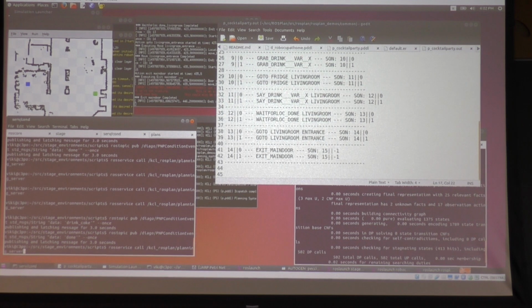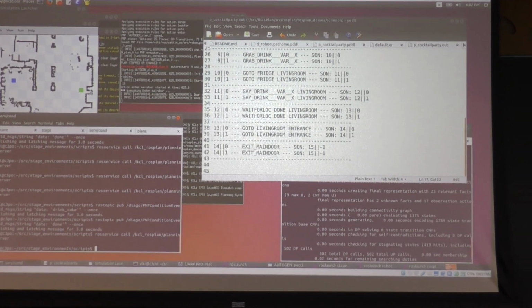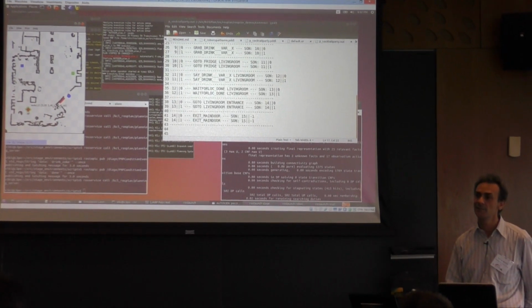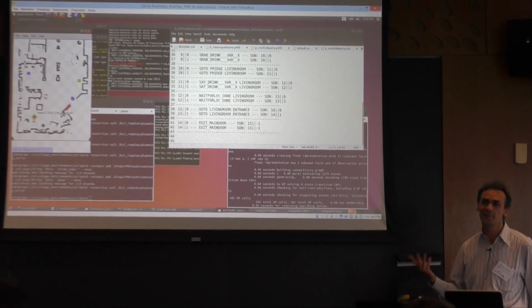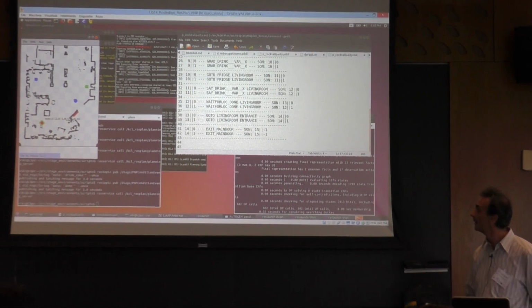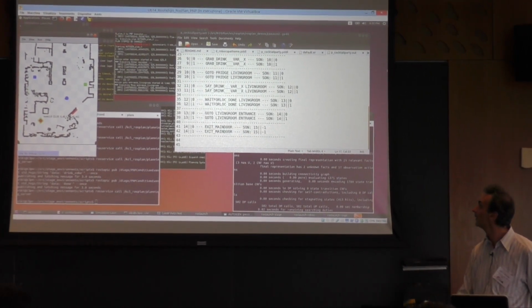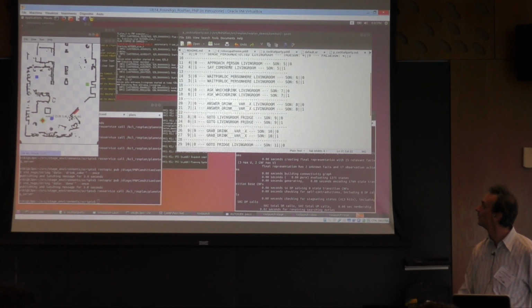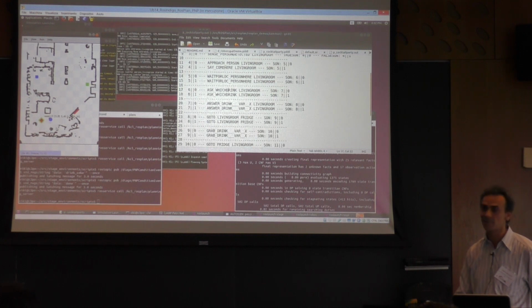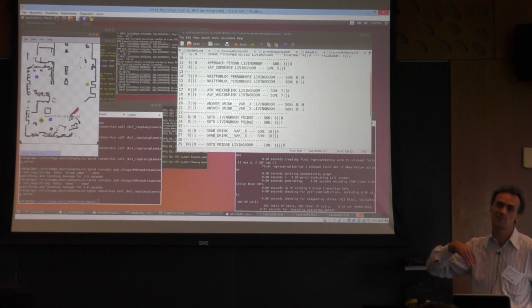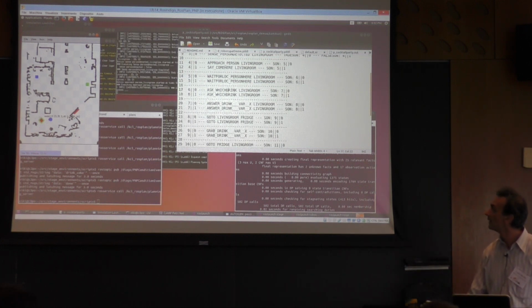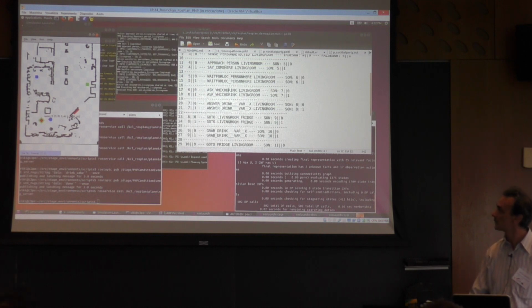So I will start again the plan. Now it's generating the same plan, and we'll start again the plan. Now the person is already here in the location, so there is no need for the robot to look for the person, right? But actually it will do it, because in the plan there is nothing that says if the person is already there, then you can skip, for example, all this part. So what you will see is that the robot is looking for the person, and this look for the person is just implemented by rotating here. And now it's asking which drink and so on.